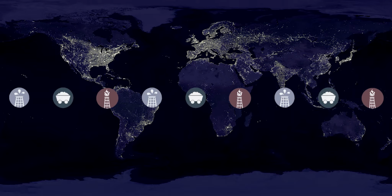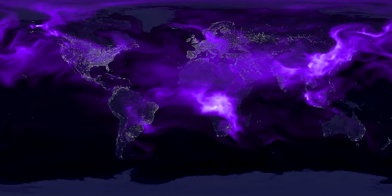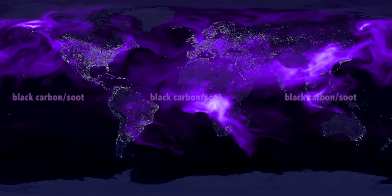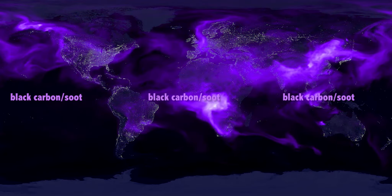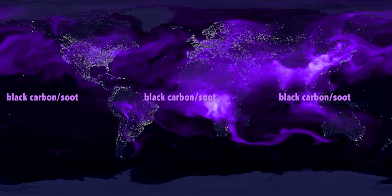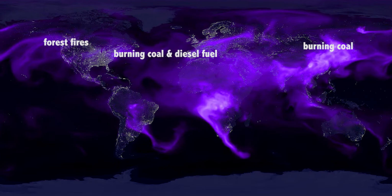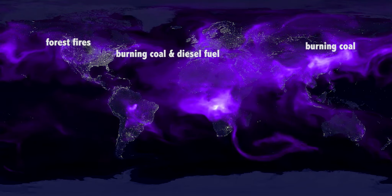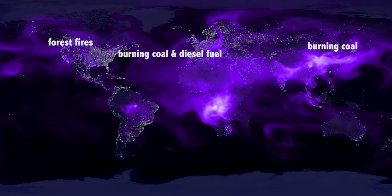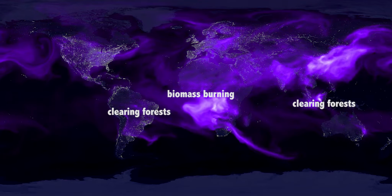When this old carbon is burned, we release carbon gas to the air, and can also release black carbon or soot, here shown in purple over the Earth at night, brightest where most carbon is released. Black carbon in the northern hemisphere comes mainly from coal and forest fires. In South America, Africa, and Indonesia, it comes from burning fields and forests that may have stored carbon for hundreds